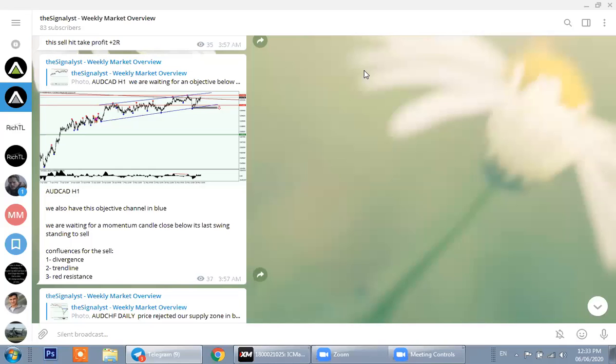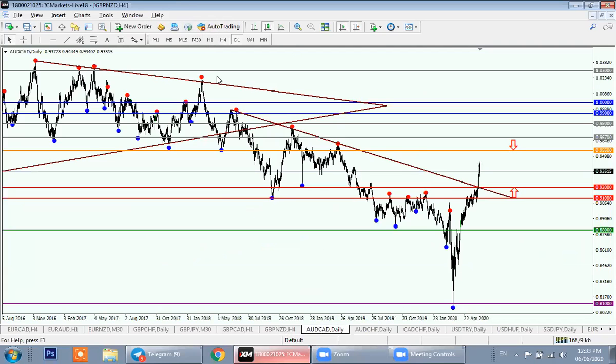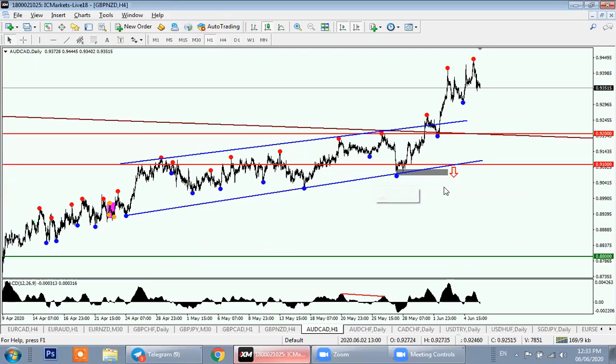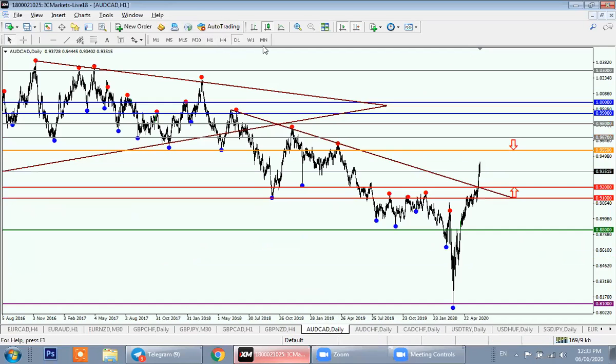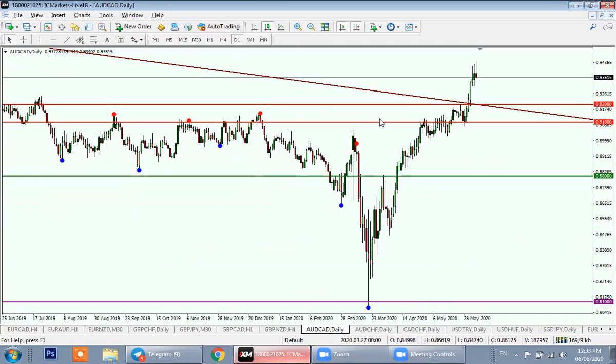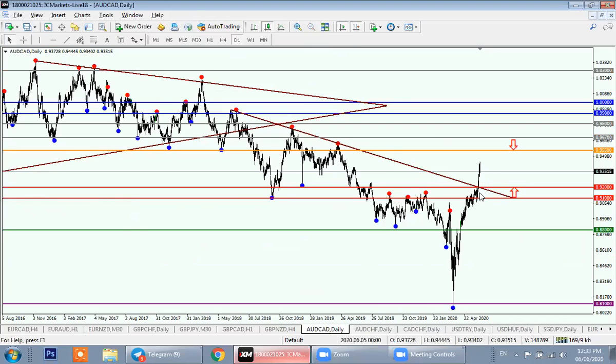Which didn't happen, as you can see here. On the H1 time frame, price didn't break below our lower last swing standing, so we can delete everything around here as we don't need it anymore. And from an H4 and daily perspective, price broke above our resistance and didn't respect our analysis, but anyway, we didn't enter a sell. That's the power of